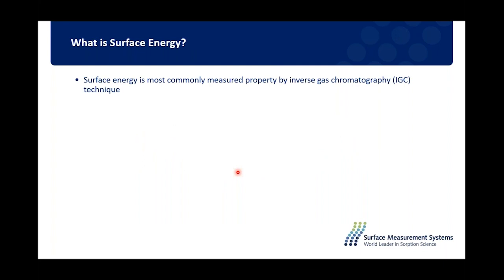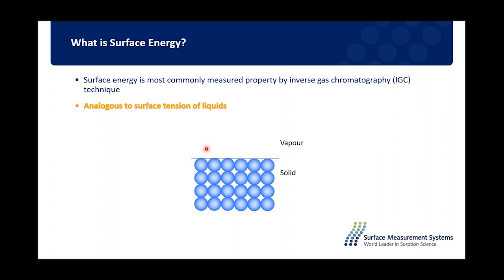The title of the presentation mentions surface energy. Not everybody is completely familiar with surface energy. It's basically the excess energy at a surface relative to the bulk. There's some free energy at the surface because there are no nearest neighbors at the top. It's analogous to the surface tension of a liquid. If you think of the meniscus of a water droplet or in a capillary, that's due to the surface tension of water. For a solid material, it's called the surface energy.